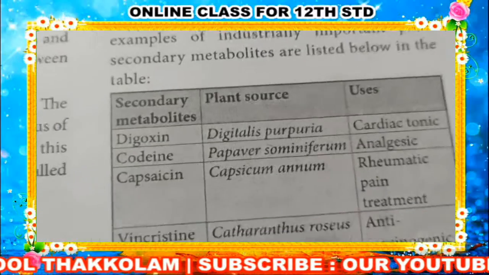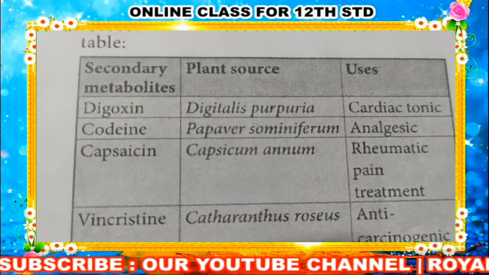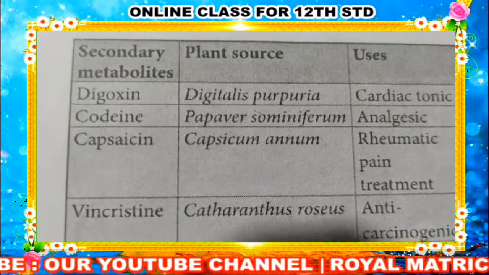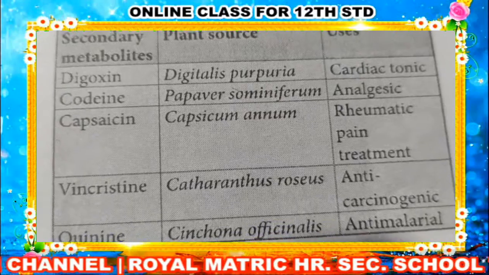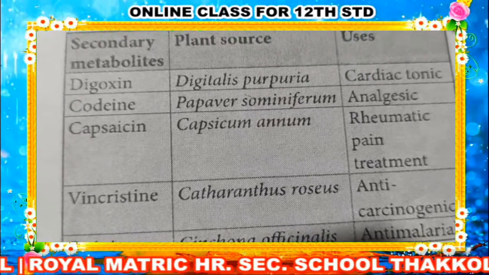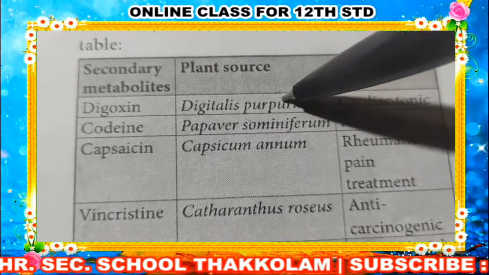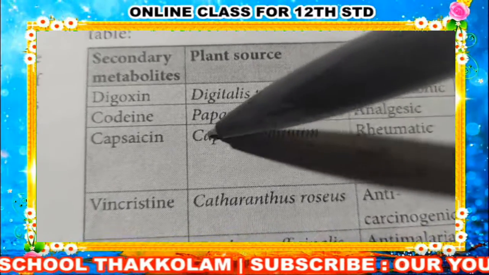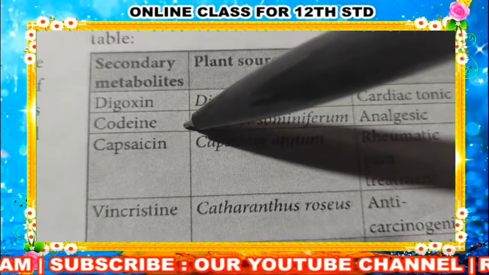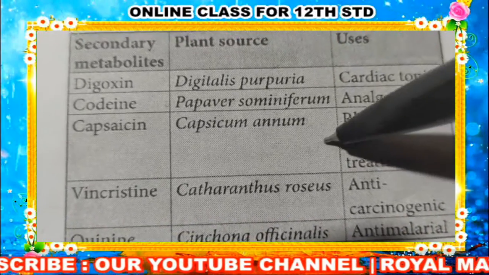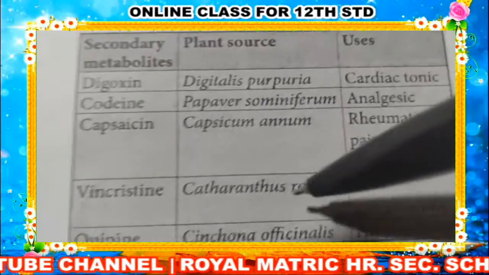And then see, for example, it is given in the tabular column, digoxin. If you take digoxin, it is a medicine used to cure cardiac problems. It is used as a cardiac tonic and it is taken from Digitalis purpurea. And codeine is given for allergies and in cough syrup, and it is taken from Papaver somniferum. Analgesic, and